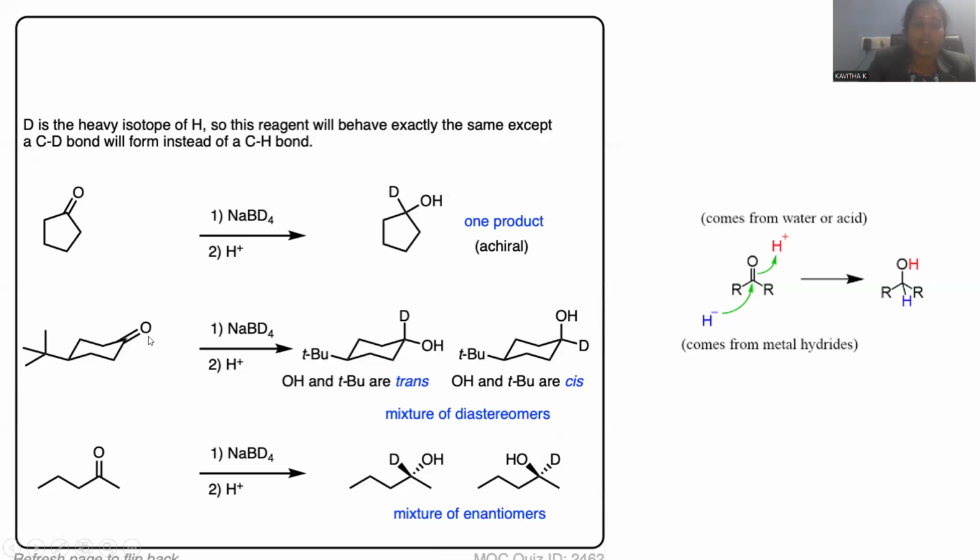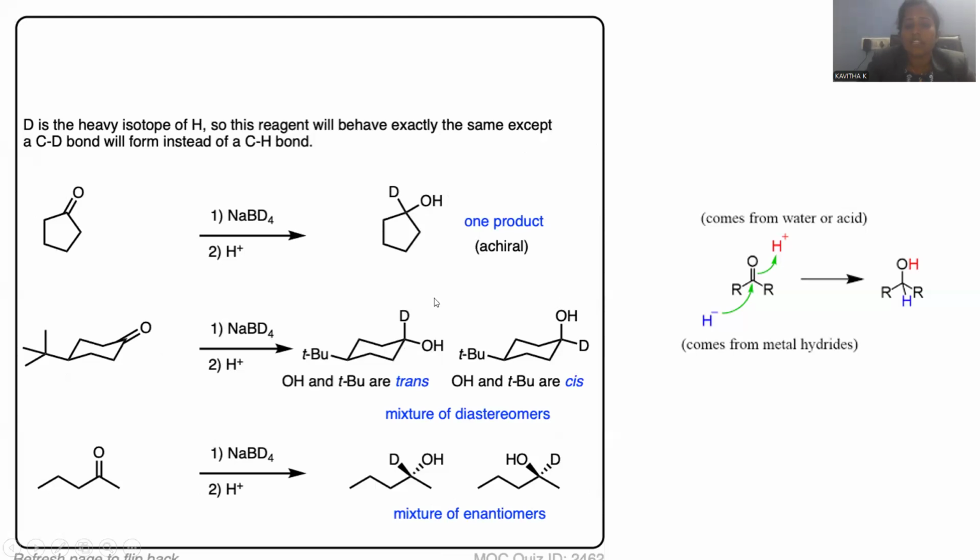And let me take cyclohexanone, and here the para position, our fourth position, has a tertiary butyl group. Tertiary butyl cyclohexanone was taken in the chair form, which is the most stable conformation of cyclohexane. So the cyclohexanone compound treated with deuterated sodium borohydride gives rise to a deuterium linkage with the carbon in the axial position, and whatever oxygen is there is turned into hydroxyl only.